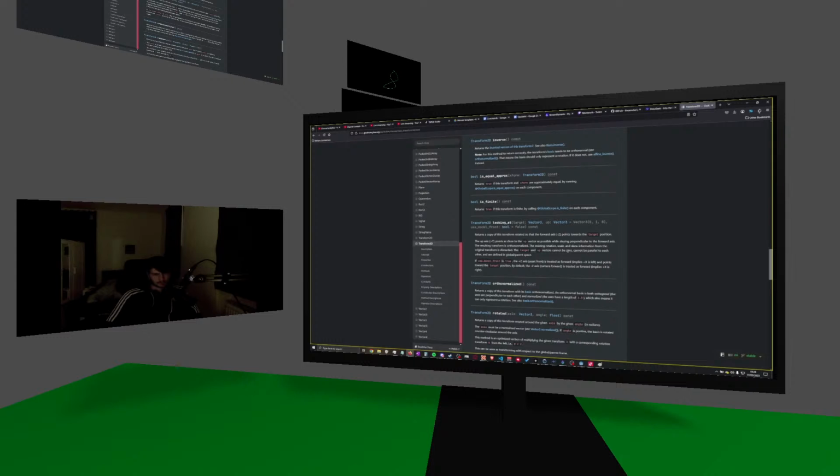Forward axis points towards the target position, up axis as close to the up vector as possible. Okay. So if I give that the position of the screen, it will give me